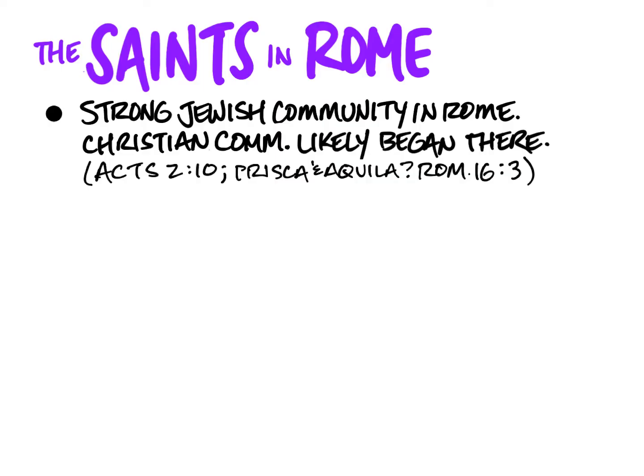All right, here's what we want to know about the saints in Rome. There is a strong Jewish community there. In the mid-first century, we think there were maybe as many as 40,000 to 50,000 Jews there. So imagine 40 to 50,000 Jews, maybe in one quarter of the city mainly, or a couple parts of the city, and all the synagogues that would be spread over their neighborhoods. That's where the church in Rome began, right?